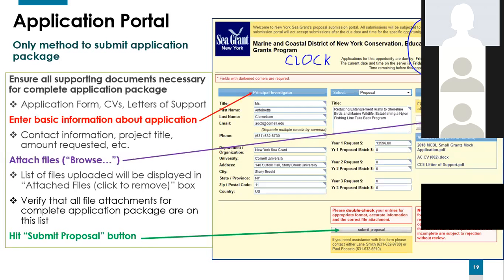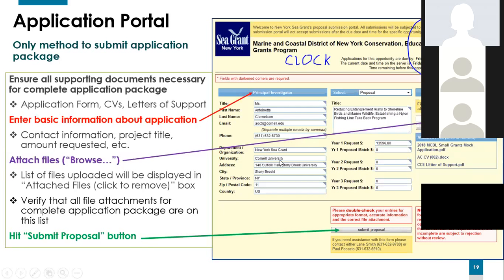If you have this and you're ready to go, then what you will do is just enter some very basic information about the principal investigator or the project leader. It's the same person. Contact information, the name of the person.